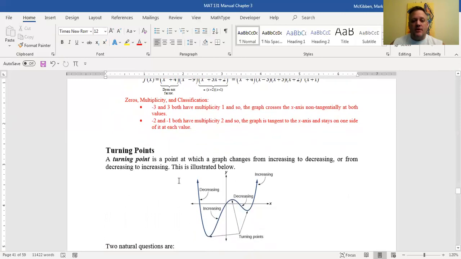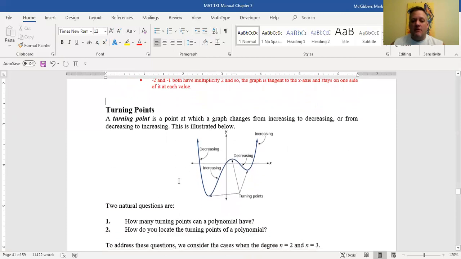Okay, the next topic related to polynomials is turning points. A turning point is where the graph changes from increasing to decreasing, right? So if we go from